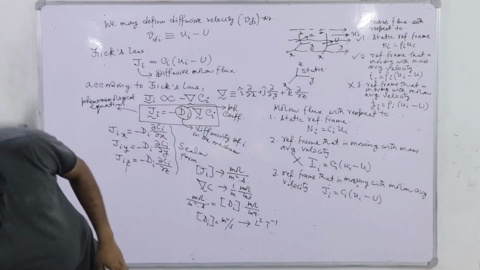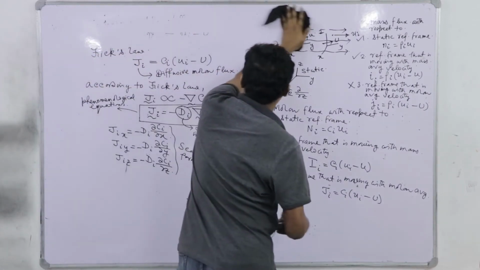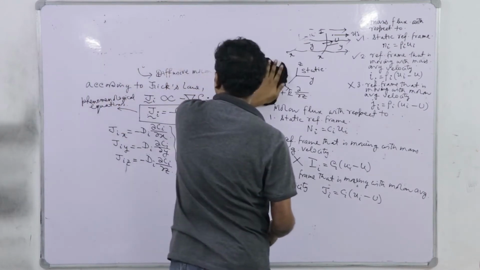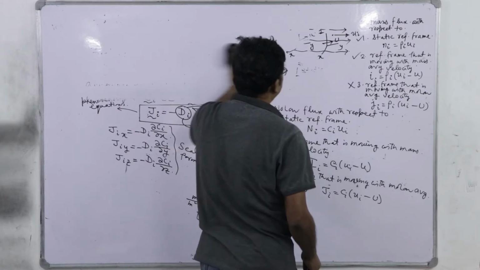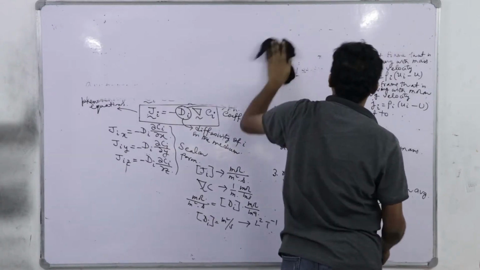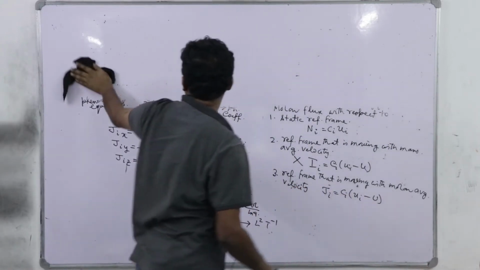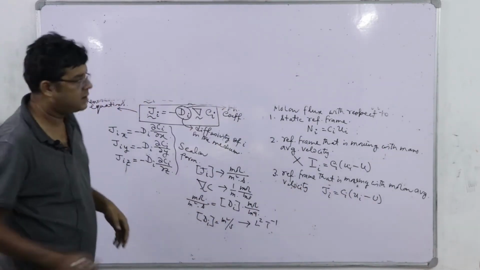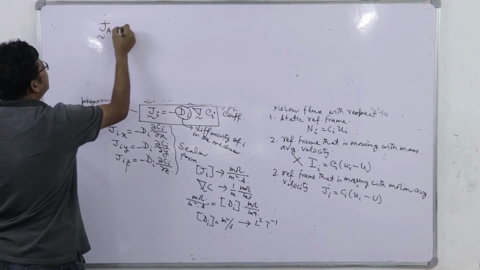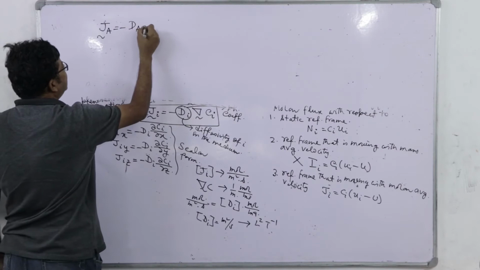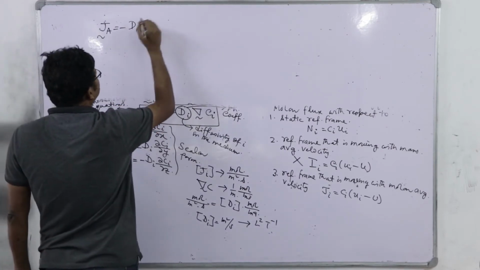Majorly, we will be concentrating on this binary solution, where we have two components A and B. So, i is not represented as 1 or 2, it is A and B. If I have two components, you see JA is minus DAB, the diffusivity of A in a solution of A and B or through B,